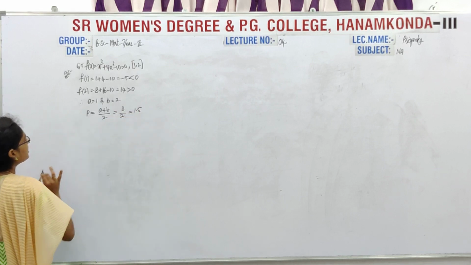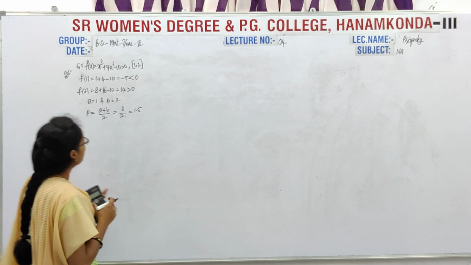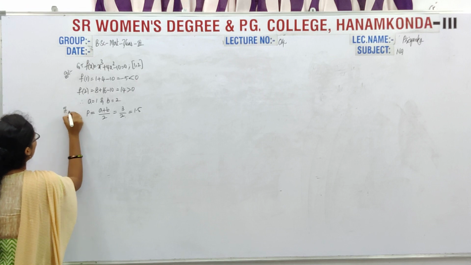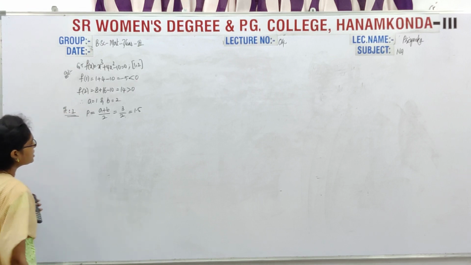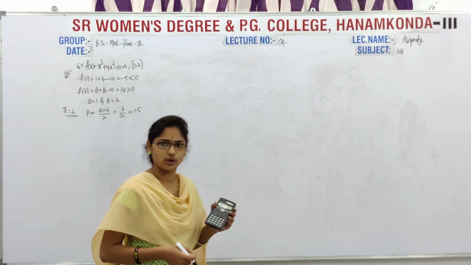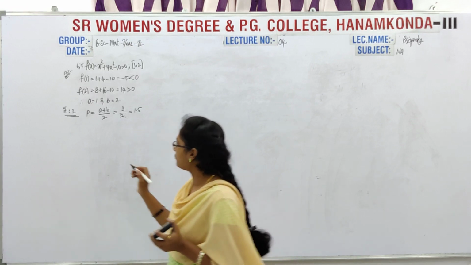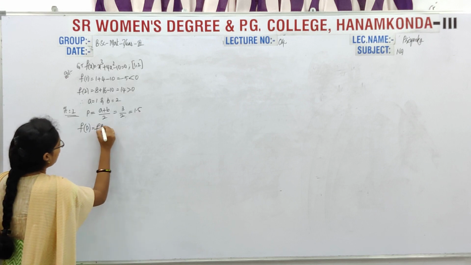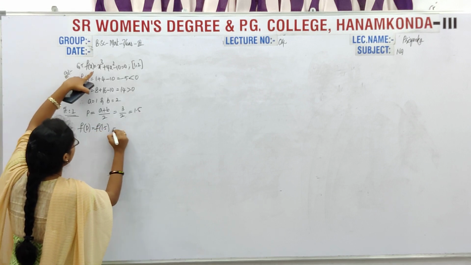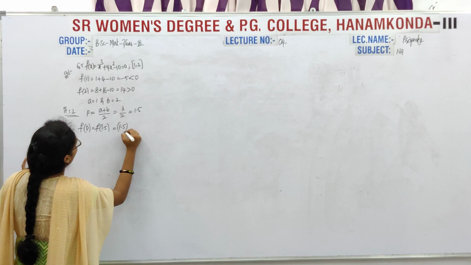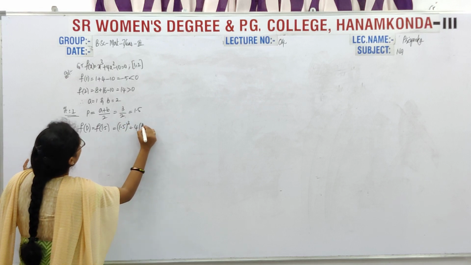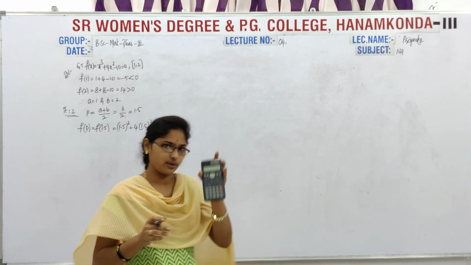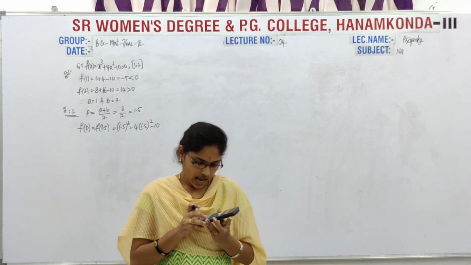That is 1.5. So this is nothing but the first value. Actually we can say that this is iteration 1. In iteration 1 firstly I calculated the p value, and after that we have to substitute it in the function. Then f(1.5) is 1.5 whole cubed plus 4 times 1.5 whole squared minus 10. If you have this calculator, once you see here,